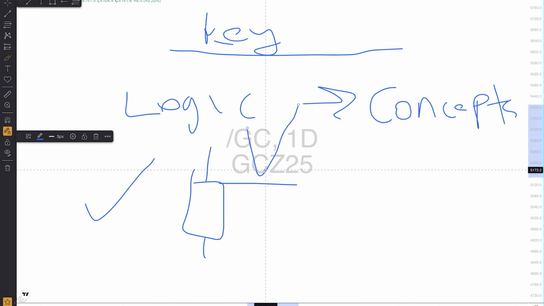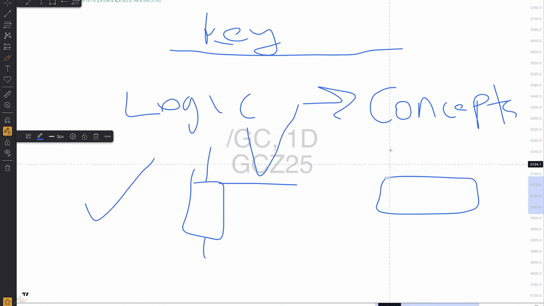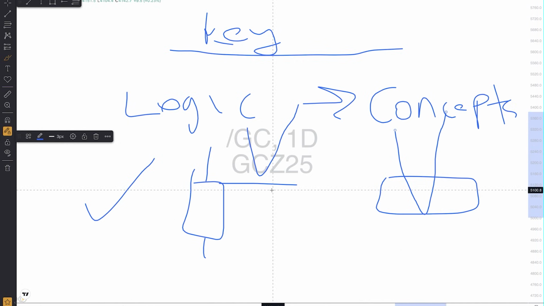And okay, how does this fall into understanding bias? If we're also bullish on the high time frame, we expect bullish fair value gaps to act as a support for price, right? And what do I mean by the logic behind these concepts, how it helps us determine bias? Okay, if we know and we believe that bullish order blocks are supposed to support price, and we know that bullish fair value gaps are supposed to support price on the high time frame, let's say we're trading, for example, right? We're anticipating a high price, so we're seeing bullish order blocks support price, and then let's say price falls short of its high time frame target and it violates a bullish order block.